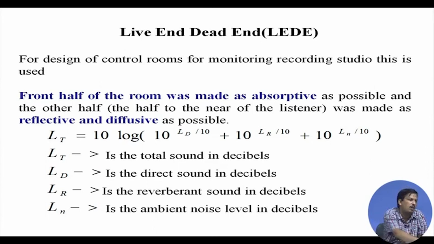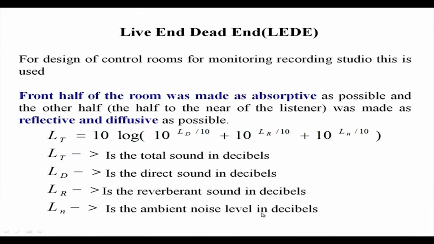So, the total power LT is contributed by the sound source, reflection power and ambient noise. So, LR is the reverberation sound; direct sound and noise also contribute to the total sound level. So, direct sound, reflected sound and ambient noise, if there is ambient noise, that noise also contributes to the sound power. Okay.